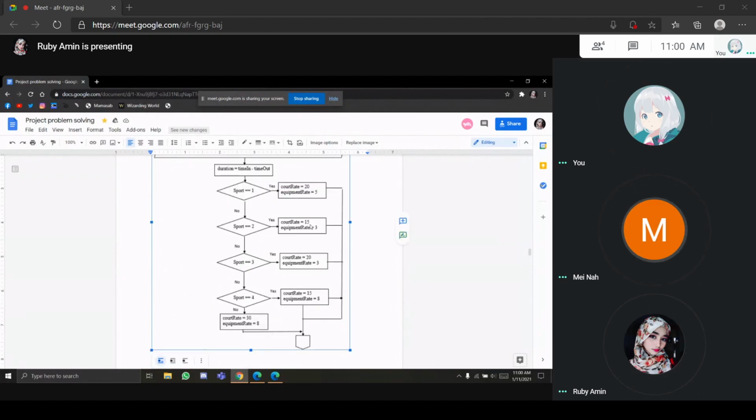And then, sorry madam, technical error. Spot equal to 1, court equal to 20, equipment equal to 5. That's what happens if you put spot 1, which is